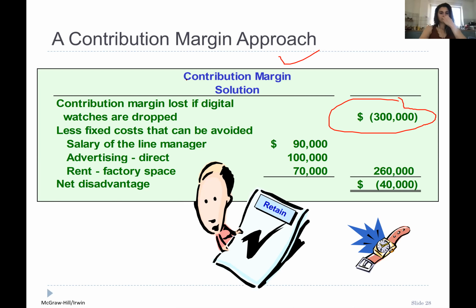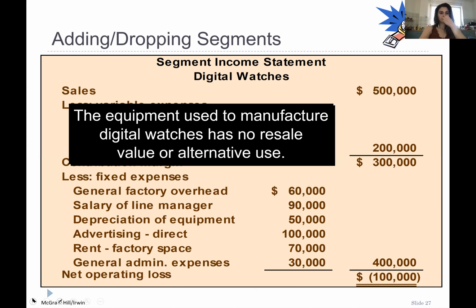So in the analysis we find out that salary, admin expenses, general expenses, rent expenses will remain the same, right? Their saving would be 260,000 and the contribution margin that will be lost would be 300,000.